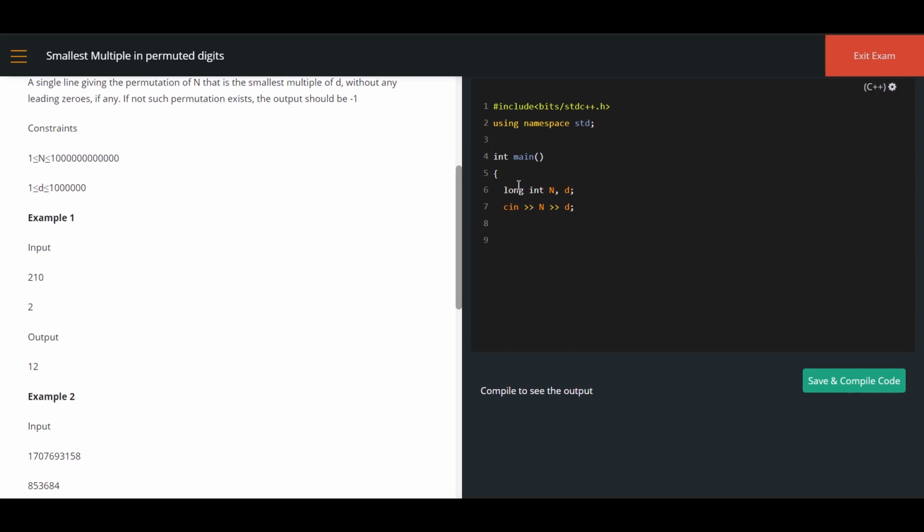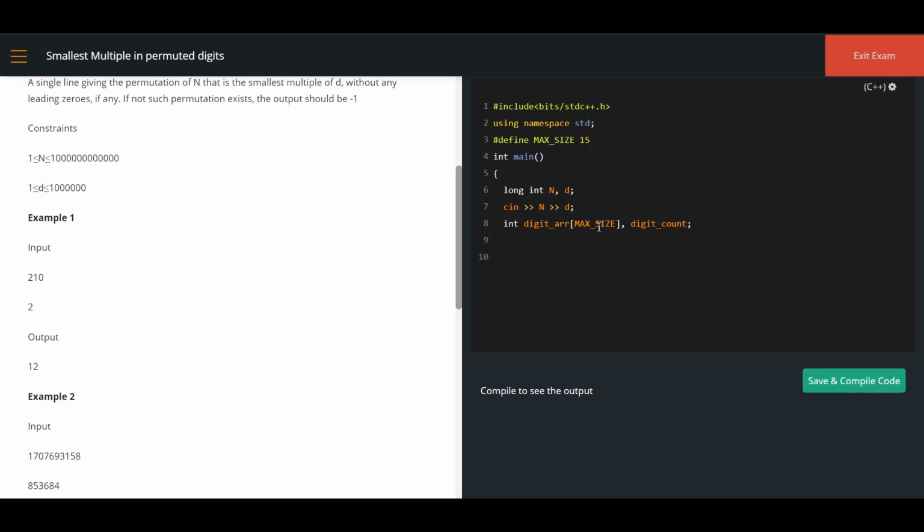So let me declare an array. The name of the array is digit arr. And what is the size of that? I need to give the size, right? So let me define it as a macro: #define max_size. For 10 power 12, let me give the array size as 15, because it is not going to exceed 15. Here I am going to give it as max_size. And then I need to have a digit count also, right? Digit count. Fine.